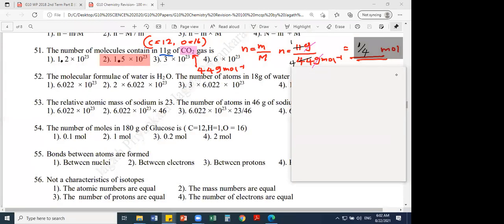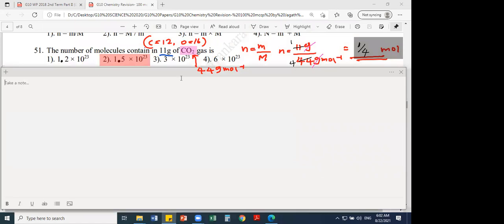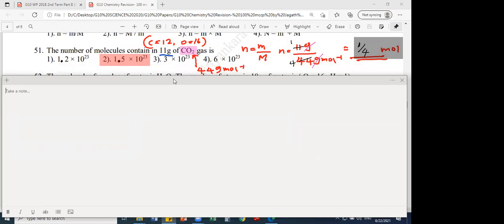Right. I'll use this white screen to write the answer for the next part. Okay, now we have found the moles. Question number 51. What is the first step? Convert grams into moles. That is the first task. So I'll highlight that is the first step, first equation. After this, then you can go for the second equation.